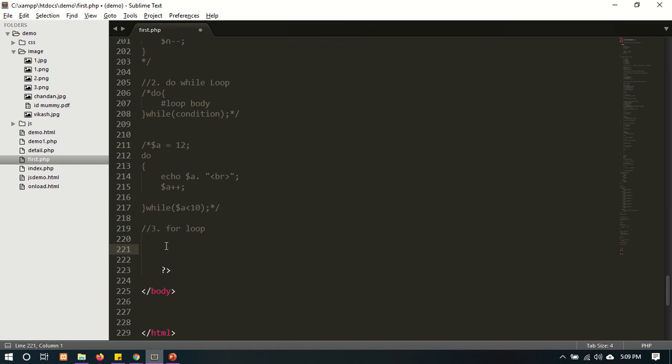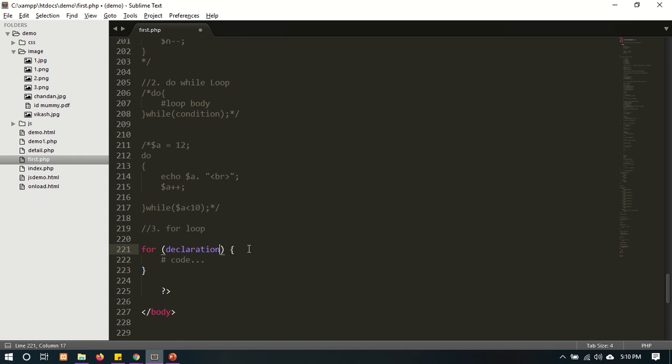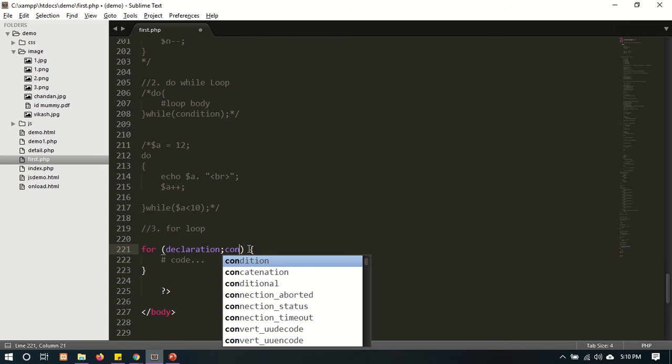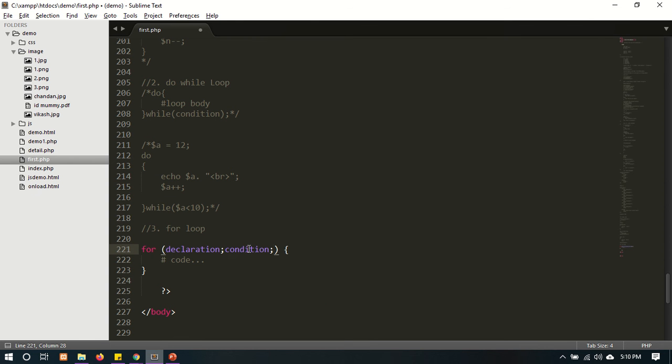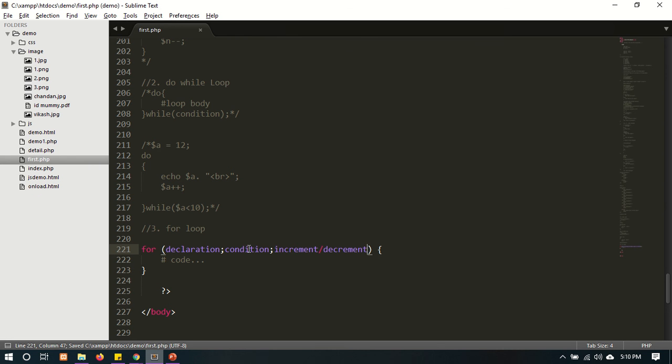Let's check syntax for the for loop is for, फर्स्ट क्या आएगा हमारा, डिक्लेरेशन, देन कंडीशन एंड देन इंक्रीमेंट एंड द डिक्रीमेंट, इंक्रीमेंट और डिक्रीमेंट। सो इसमें क्या करते हैं हम लोग, सारे चीज को एक ही लाइन में लिख सकते हैं बाय सेपरेटेड बाय द सेमीकोलन, सेमीकोलन से सेपरेट करके हम तीनों चीज को हम लोग एक ही लाइन में लिख सकते हैं, डिक्लेरेशन पार्ट, कंडीशन पार्ट एंड द इंक्रीमेंट एंड द डिक्रीमेंट पार्ट।